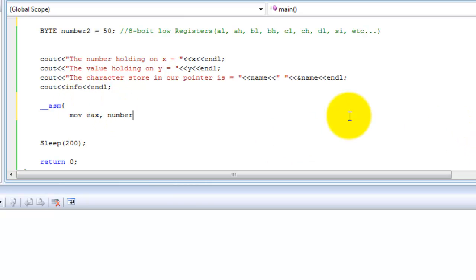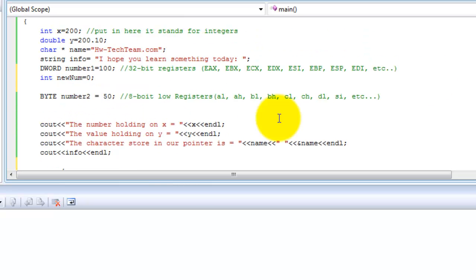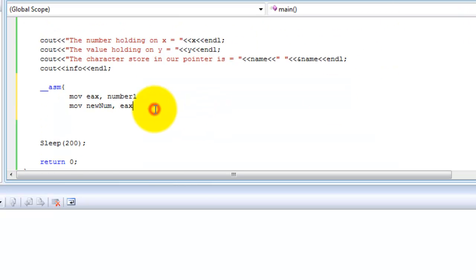number 1. What we're doing in this line of code is that we're storing whatever number is in number 1 into the EAX of our registers, which is in assembly language. After that, let's do move new num, EAX. Now we are saving our EAX register into new num, which is our new variable, and is initialized as a 0. After that, let's close our information over here, and let's output cout the new num is equal to